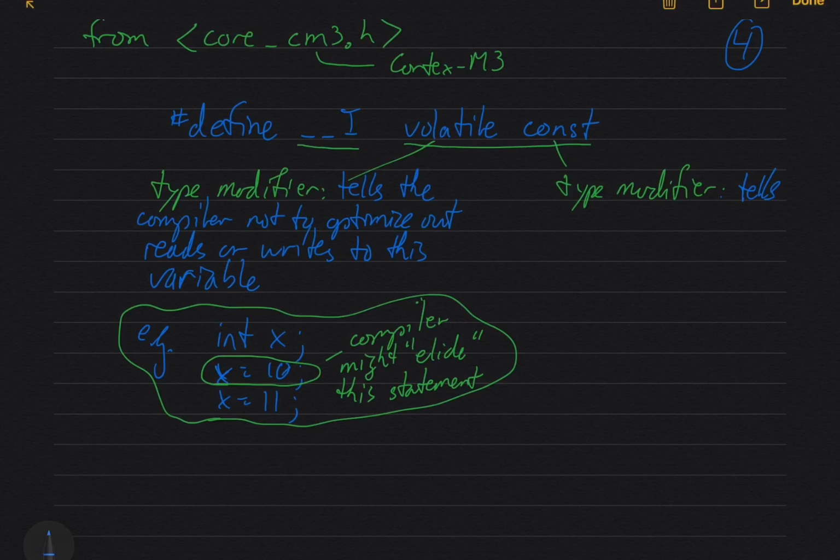So it tells the compiler to disallow writes to this variable. I think in C++ const actually means that it does not change, but in C,